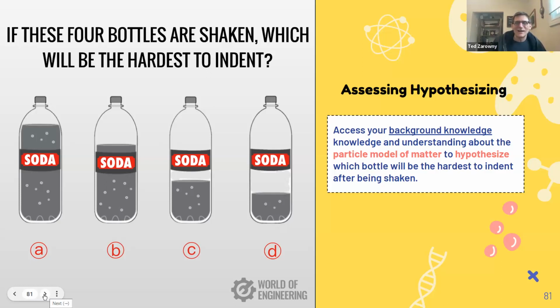But again, it doesn't have anything to do with a change in state because of heat. It's got something else. But this is just practice making a hypothesis and asking, why do you have that hypothesis? They should explain it and bring in some of their understandings from the particle model of matter in their explanation.